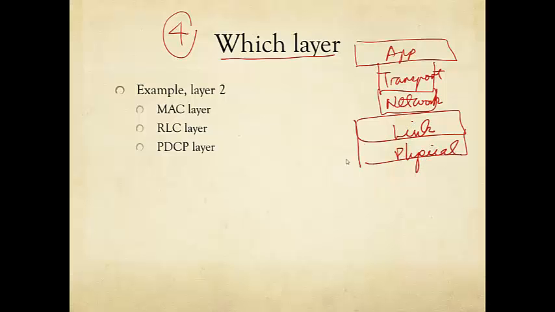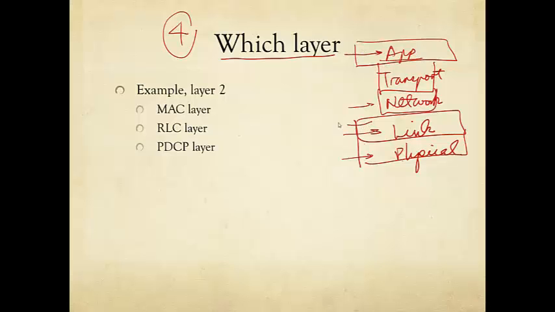The speed at different layers are different, and it involves different amount of overhead and control signals. So when you are quoted a speed number, you should ask, are you talking about the physical layer or the link layer, or which layer are you talking about? Eventually, what I as a consumer care most about is the application layer speed. But then this is a lot more tricky to measure and quote.